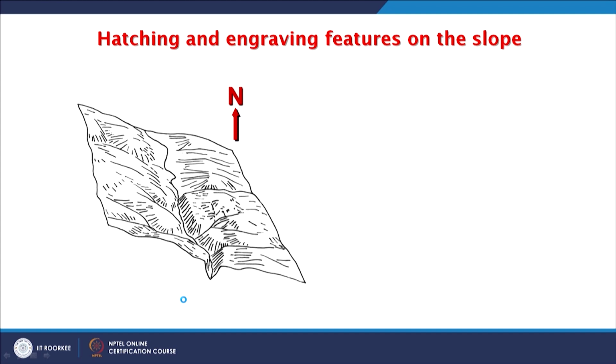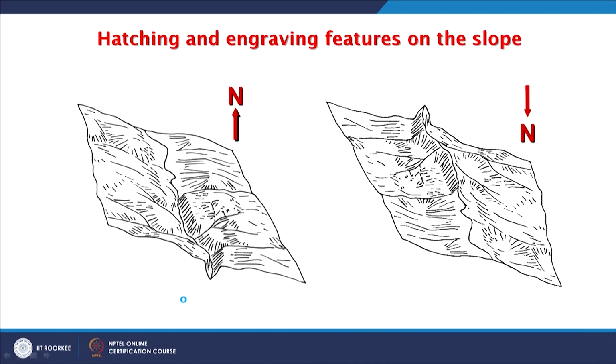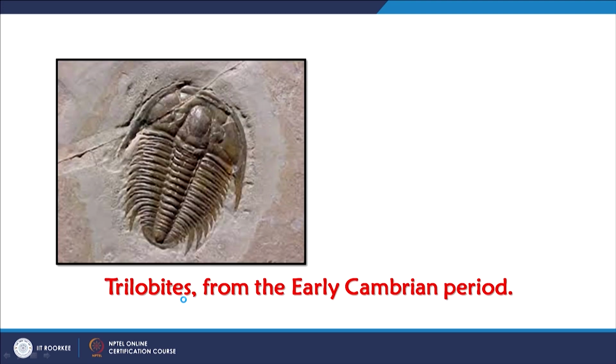But when I rotate this drawing by 180 degrees, like I have been doing with satellite images, this is what has happened. Now on the right side, this sketch is showing FTPP. So the artist also exploits this kind of thing, using hatching and engraving features to give a depth perception. So FTPP exists almost everywhere when these arrangements are there: if the viewer and the illumination source are both in the same hemisphere, we are bound to see FTPP.